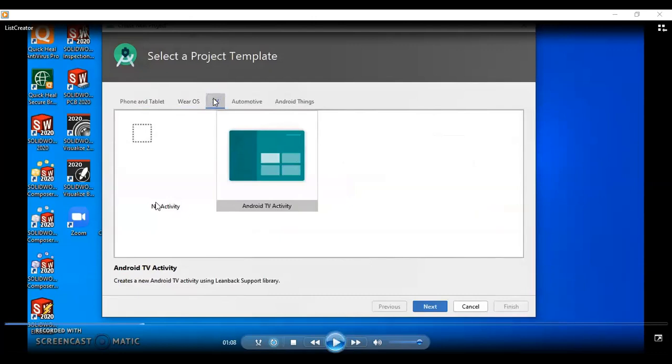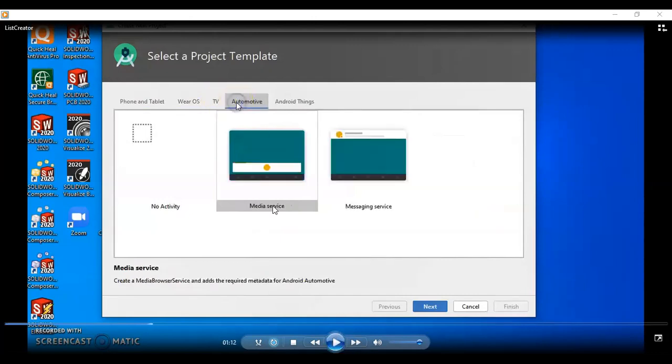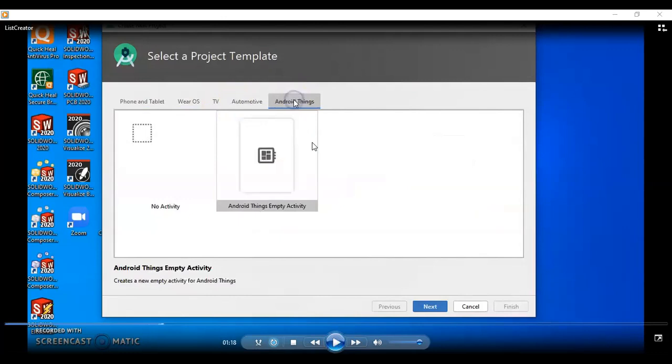Inside TV, by default again, no activity and Android TV activity options are there. In automotive, again you can explore no activity, media service, messaging service. These options are available there. Android Things, that is IoT support. If you want to add, then Android Things empty activity is there.